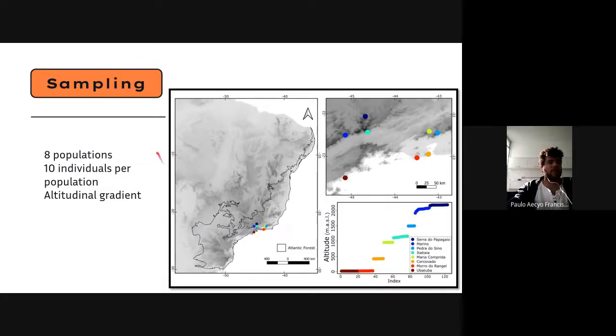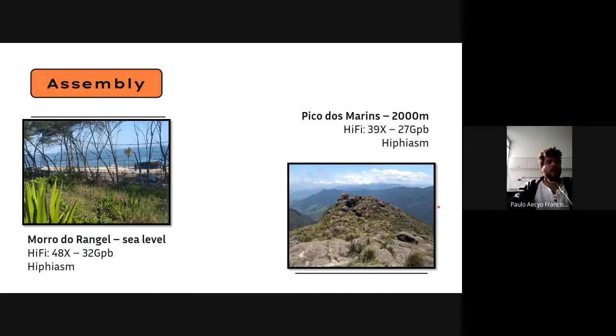So for that, we have collected 10 individuals distributed in 8 populations through an altitudinal climate, as you can see here, varying from sea level to 2,200 meters above sea level. And we've performed sequencing for 2 individuals, one from Morro do Rangel, which is at sea level, as you can see in the picture, and another from Pico dos Marins, which is 2,000